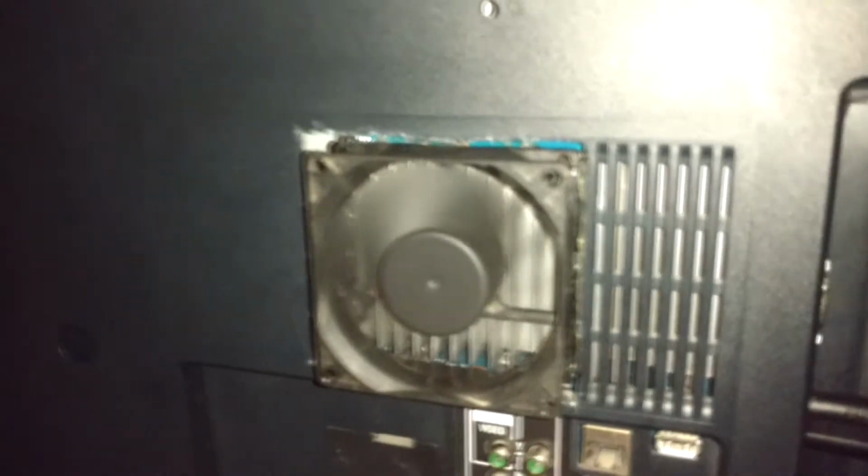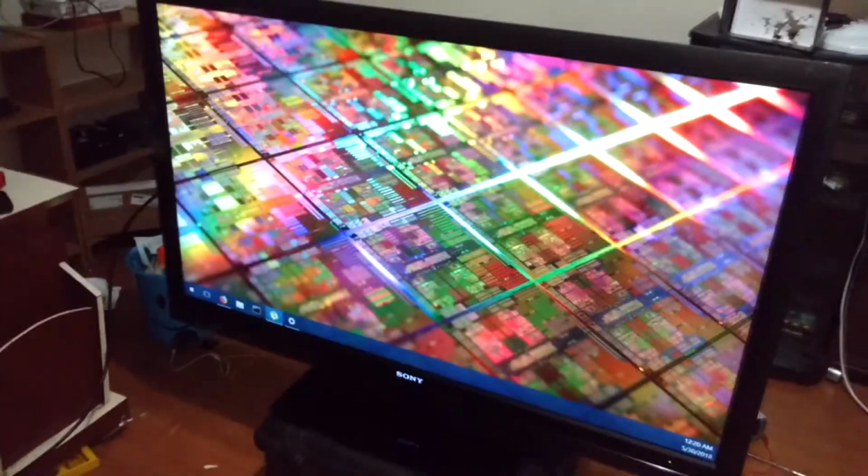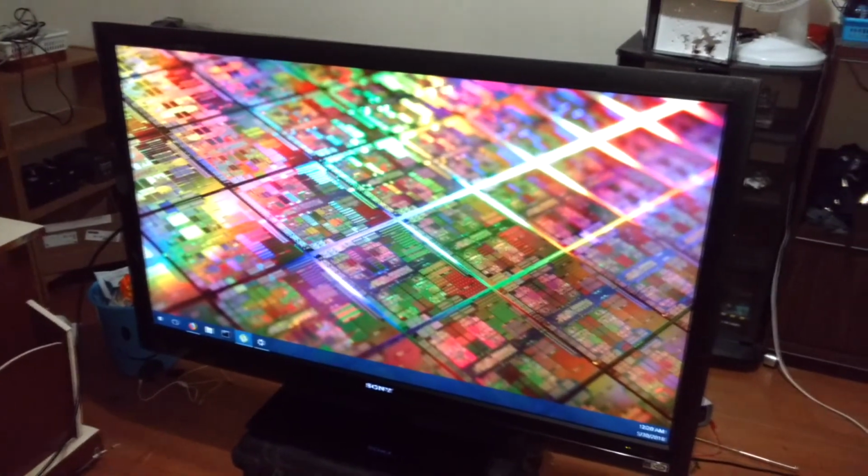Fan's really not noticeable over the room fan, and even without another fan on, it's got a little hum to it, but it works, and it's pretty quiet. And I kind of like the ghetto modification that I've made. So yeah, now I just need to figure out some way of setting this thing up